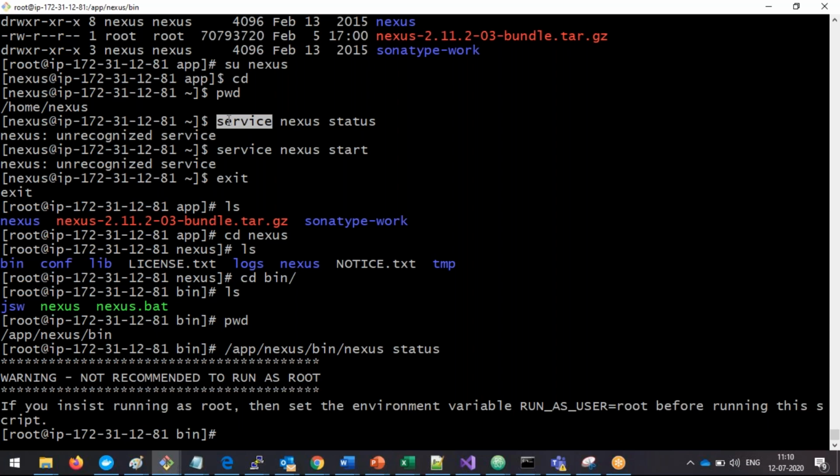Right? So now you don't need to remember all the path. Let's create a service. Now the service is going to call the path. It will go to the particular path in the background, right? So that is the reason. Now we are going to create a service with the help of the soft link called ln -s. With ln -s, what we are going to tell here is, this is the location where the Nexus is stored. Nexus is stored means the Nexus executable file is stored. Now create a soft link for this path as a name,